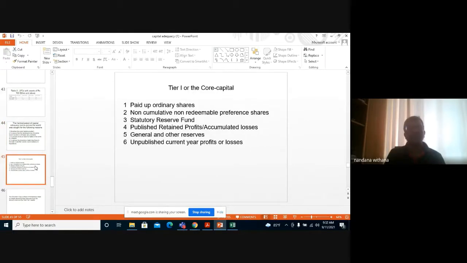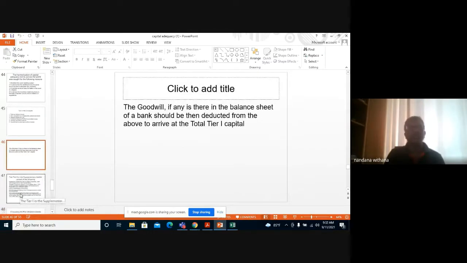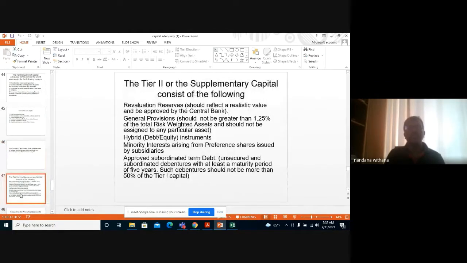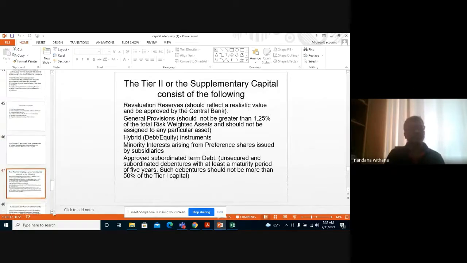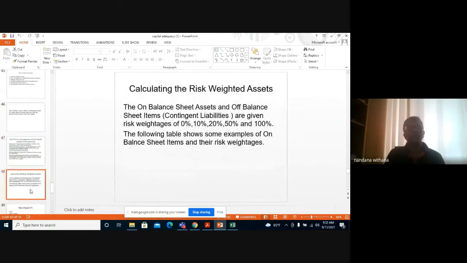Okay. For your exam purpose, what are the elements of Tier 1 capital? You can easily remember: paid up ordinary shares, non-cumulative, non-redeemable preference shares, statutory reserves, published retained profits, general and other reserves, unpublished profit and loss. Then off-balance sheet items on Tier 1. Tier 2, what are the elements? Right. Then how do you calculate? So it can be on